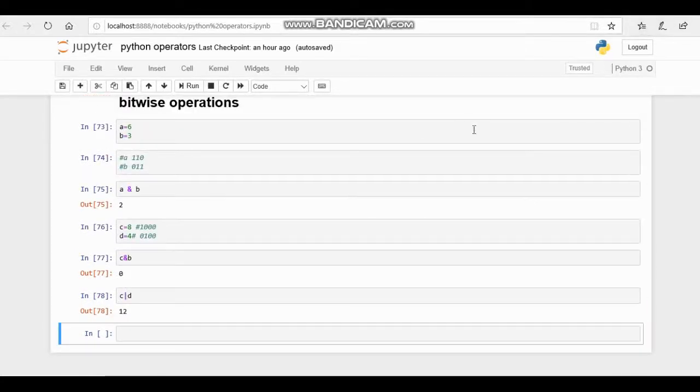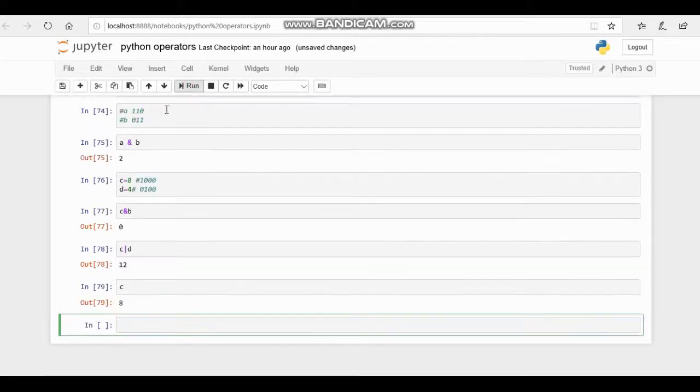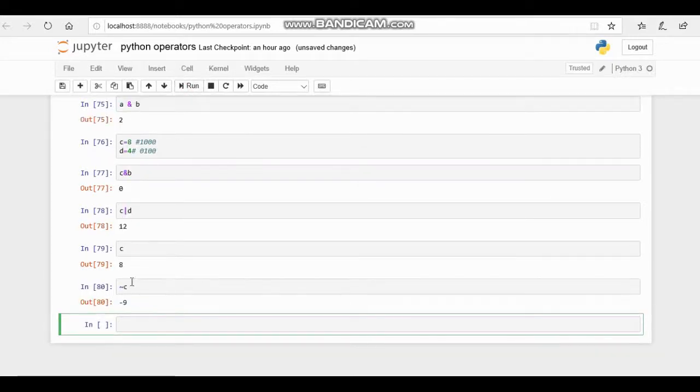Now we'll see about the NOT operation. In this operation, it will add 1's complement to the number. Let's take an example, C. We already know C equal to 8, and the binary form of C is 1000. If we put the tilde symbol, which is used for bitwise NOT, on C, we get -9. How we get this number, I will show with an explanation.